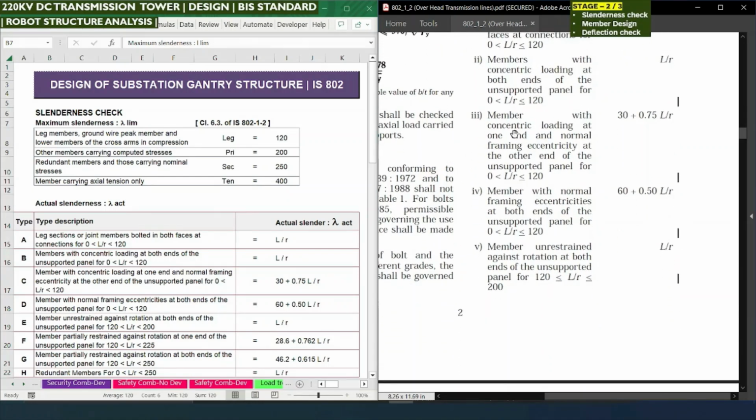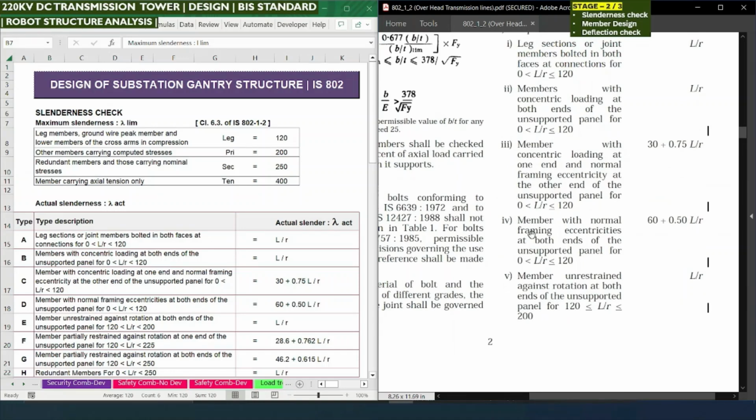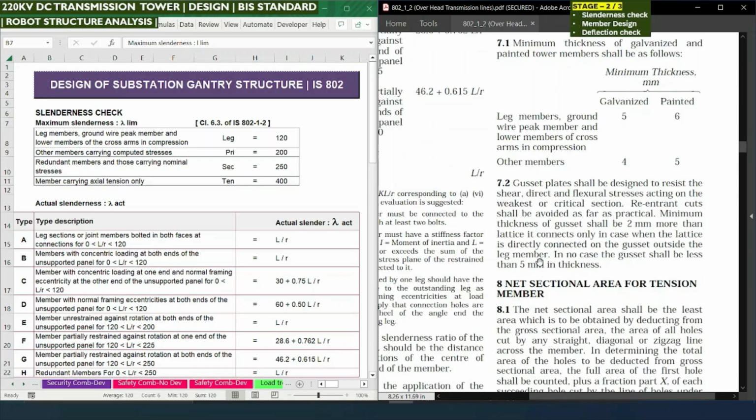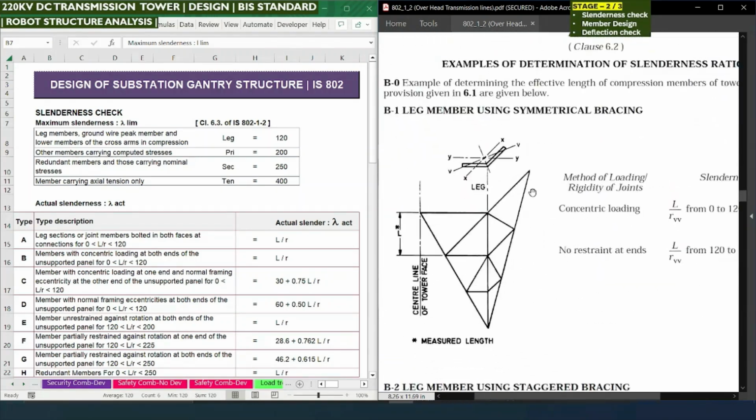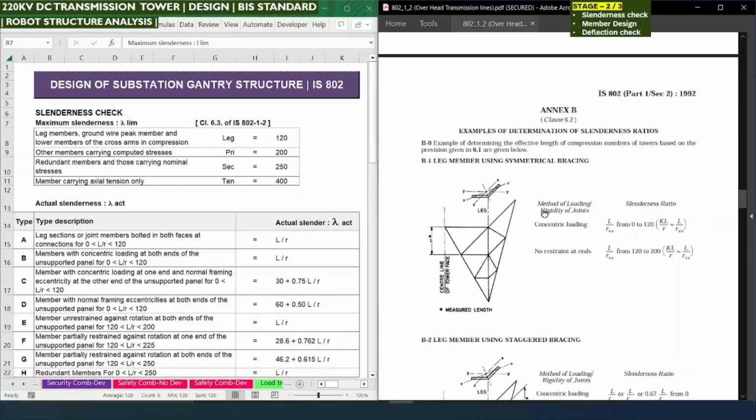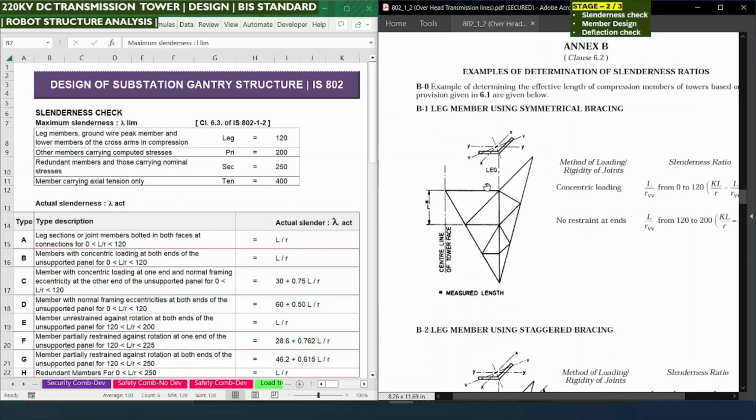Similarly, for members with concentric loading at one end and normal framing eccentricity at the other end of the supported panel, we need to consider this case. Instead of reading this text, we can also have a visual format like pictures. For that we need to refer to Annexure B of this code. Here you can see Annexure B on the right hand side, where definitions are given